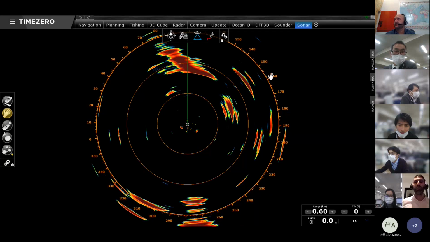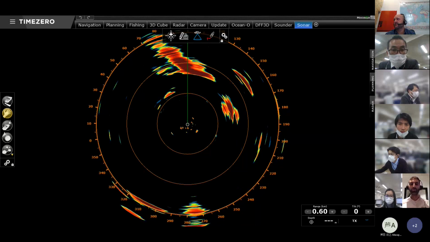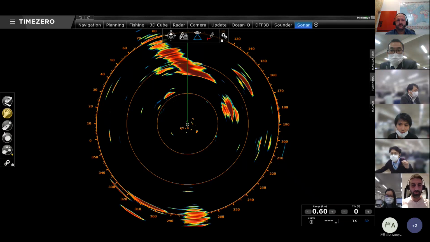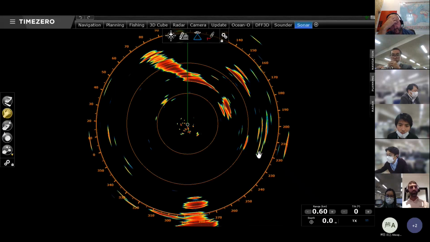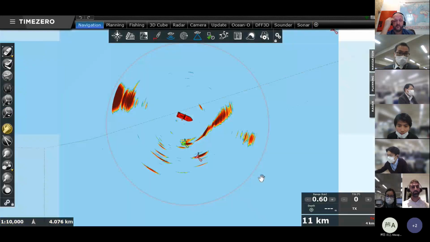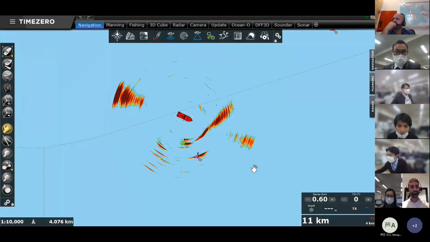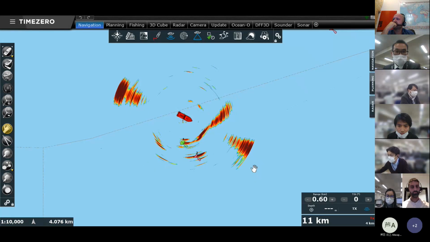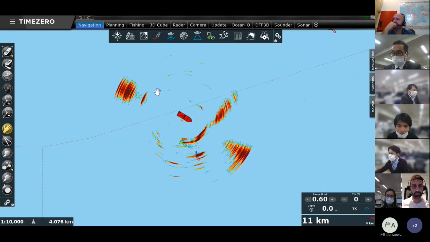Okay, so Sonar, and the last integration that I would like to show you. Sorry, I also have a question about that Sonar integration. You explained that we can overlay this Sonar display on the navigation mode. Is it also possible to overlay the radar display on this navigation?